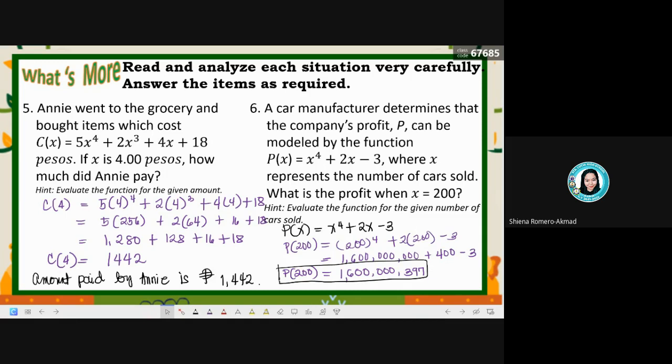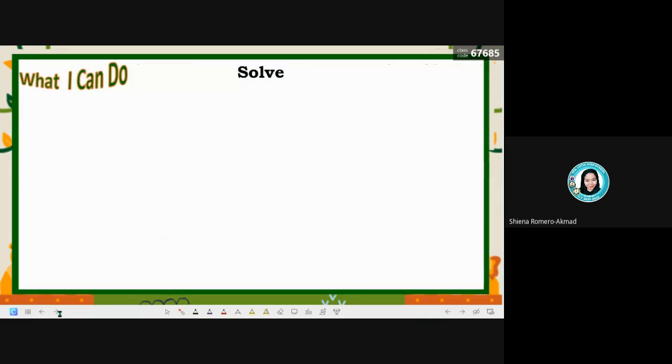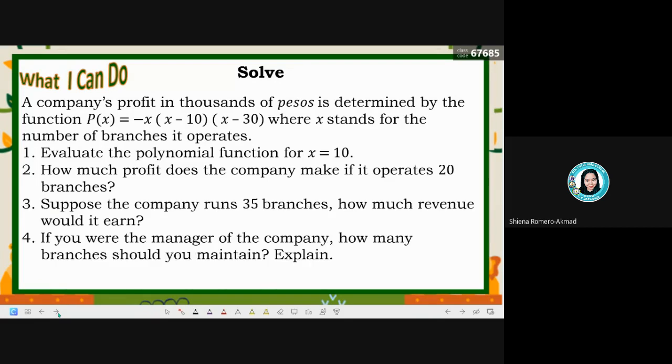So natapos tayo dun sa billion amount of money. So hanggang dun lang tayo sa billion amount of money. And yung susunod ay pareho lang din. And okay,